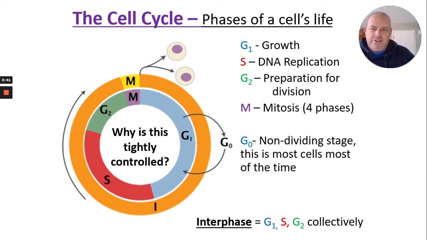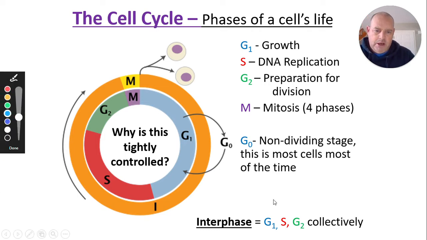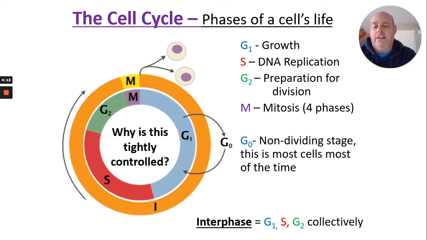Also want to draw your attention to interphase. Interphase is G1, S, and G2 collectively. Okay, so if you look at G1, S, and G2, all of that area, then that's what this orange is on the outside. That I just pointed to right there is interphase. So interphase takes up a massive amount of time compared to mitosis, right? So a lot of the time, the cell is spending in some version of interphase, whether it's G1, S, or G2.